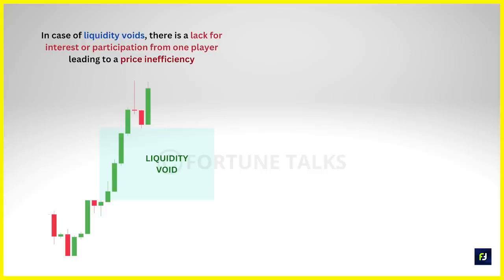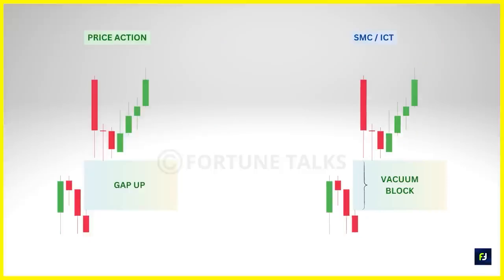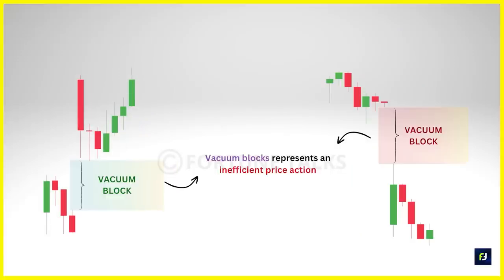Unlike liquidity voids, where there was either a dominant buying or selling pressure, resulting in an imbalance in prices, vacuum blocks are associated with no trading or transaction in between, leading to gaps in the charts. In the price action context, these are called price gaps, and in SMC, it is known as vacuum blocks. Just like liquidity voids,